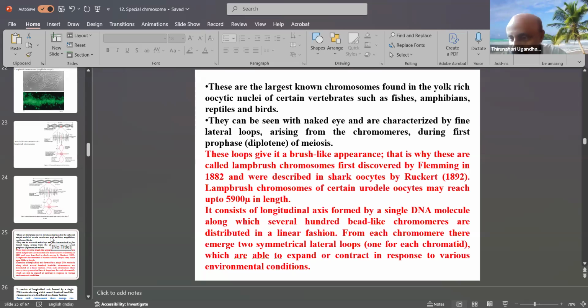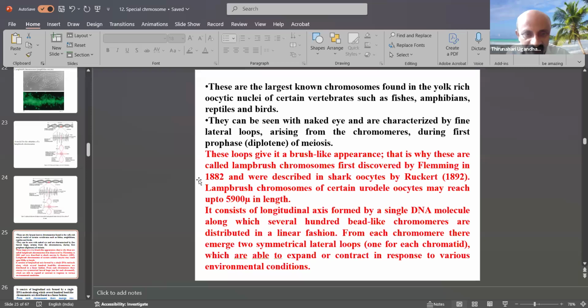So during meiosis, the prophase can be divided into five substages: leptotene, zygotene, pachytene, diplotene, and diakinesis. Of these substages, we observe them in the diplotene region. In amphibians with the loops, the fine lateral loops arising from the chromosome during the first prophase can be seen, in diplotene, of meiosis, special substages which can be seen under the light microscope,